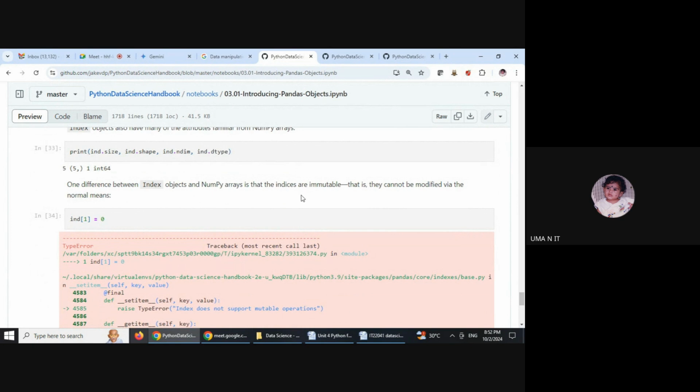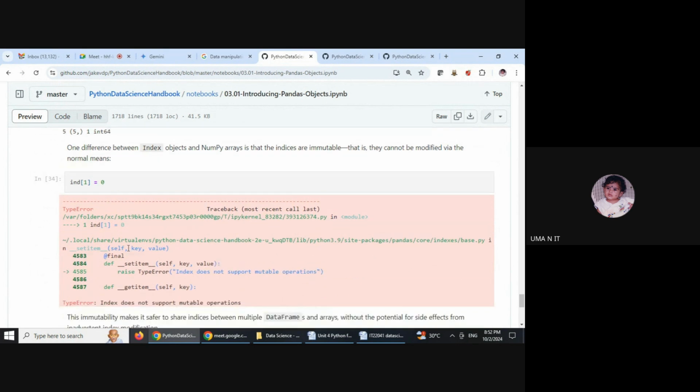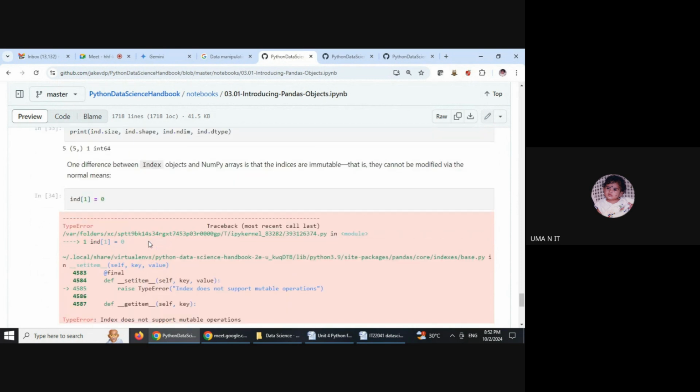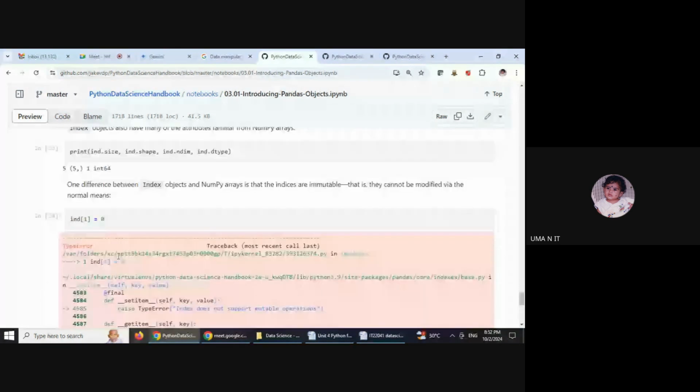Though we fix default index values in pandas, they are immutable. So index of 1 equal to 0 will throw an error. We cannot change the index value. It is fixed that the index of 1 is 3. We cannot change it to 0.